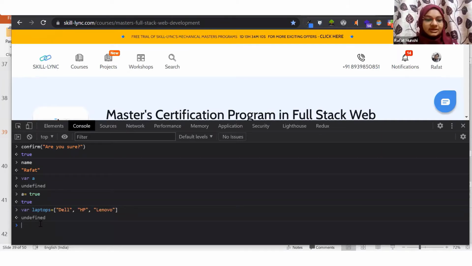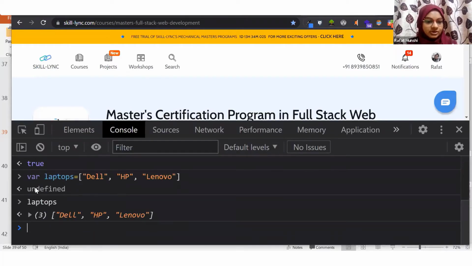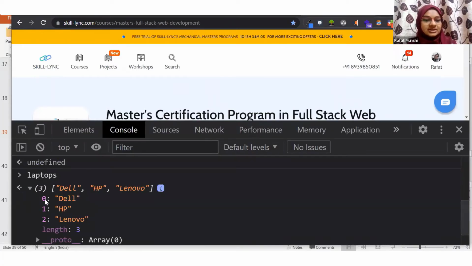So now, what would be the value in my laptops? If I press enter, you can see there is a small arrow which is created over here. If you can see this arrow, now what it is saying is that 0 position, Dell is there, 1 position, HP is there, second position, the position number 2, Lenovo is there, and yes, MacBook as well, definitely.